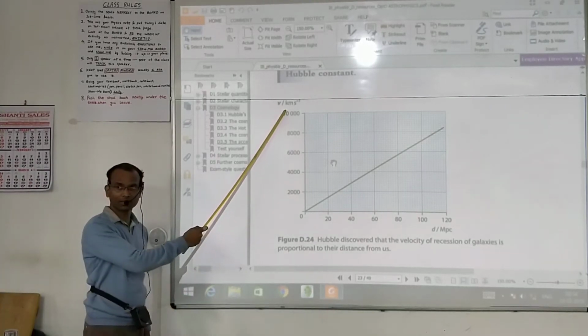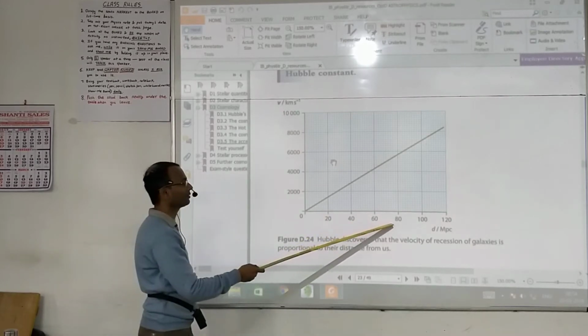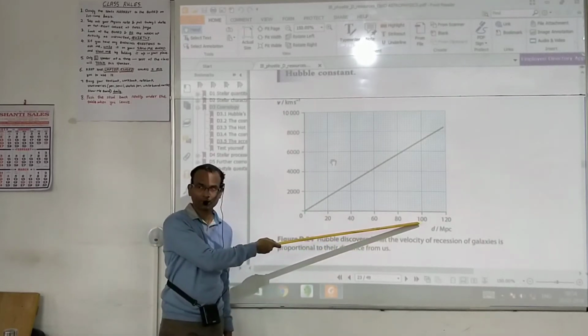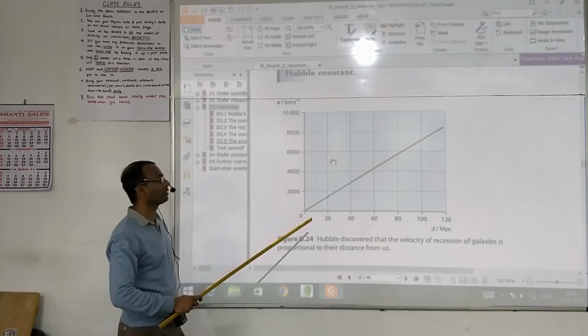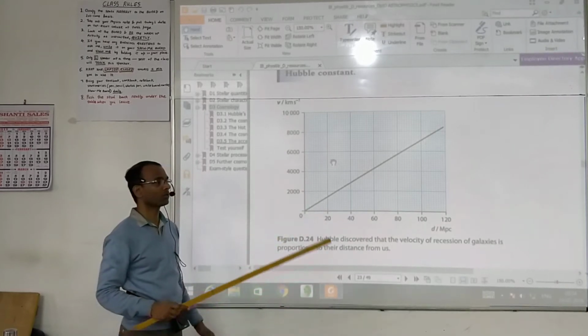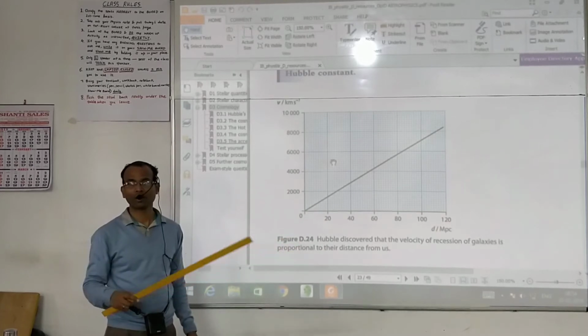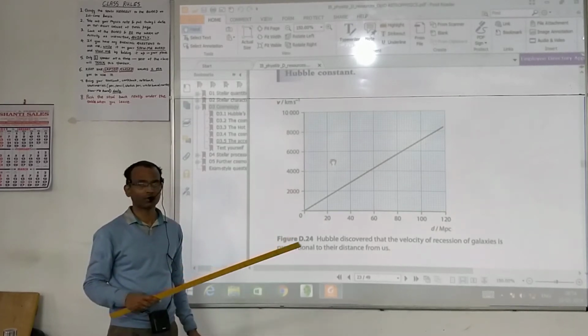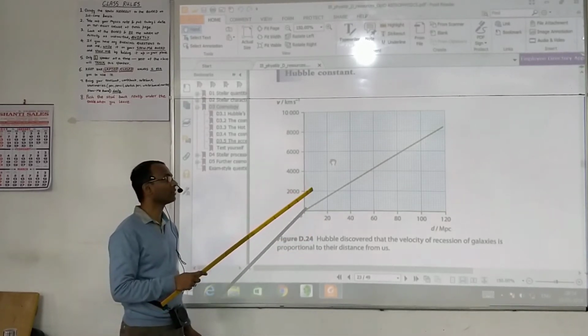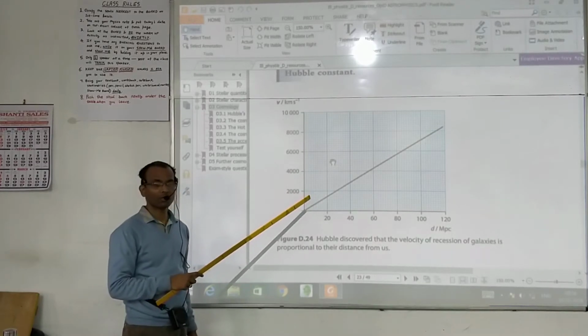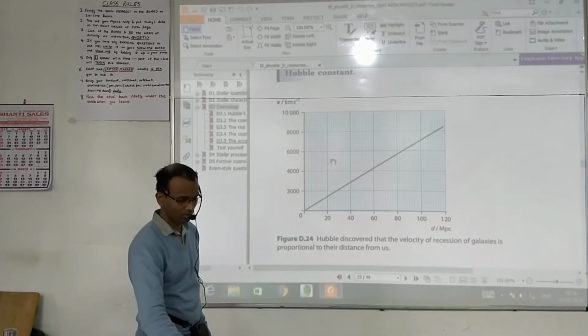It's in kilometer per second, and the x-axis is distance in megaparsecs. So what Hubble basically did is he looked at the data of around 40 different galaxies which are very far away at different distances, and he measured their distance. So how he measured the distance is using the concept of